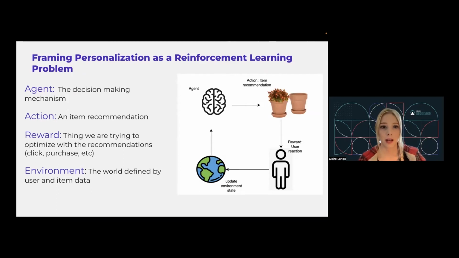So the agent takes an action by recommending a certain thing, and then the user is going to generate that reward by either clicking, not clicking, purchasing, thumbs up, thumbs down, rating, any kind of interaction that user has with the item, whether positive or negative, is great feedback loop data, and that's what we consider the reward in this situation. And then the environment that we're trying to define mathematically is really just defined by your user and item data and possible actions that might be taken. The environment can take on different states based on historically what has happened up until now, and it can also be partially observed. The agent may not be able to see the entire environment, but it can observe parts of it, and makes decisions based on that.